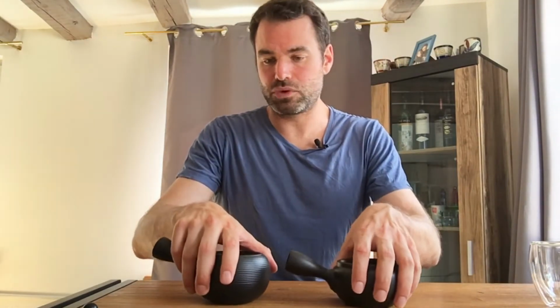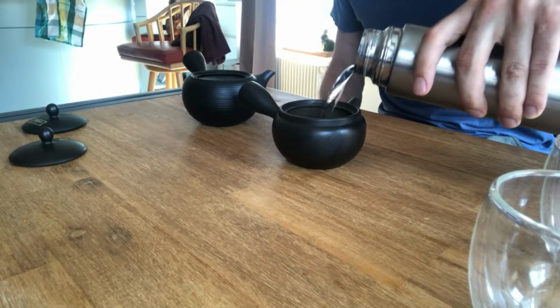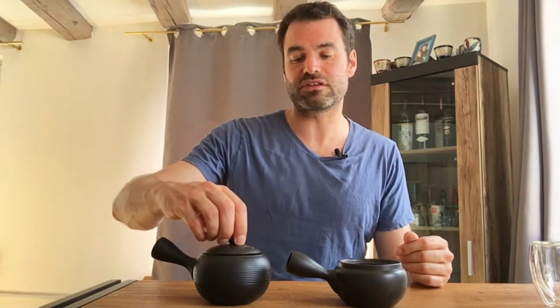So this is a Fuka Mushi, as you might have seen before when I was showing you the leaves. The leaves are a little bit more brittle. This is due to the long steaming process of the Fuka Mushi, or deep steaming, as they call it in English. It's a prolonged steaming method, but it's not a very big difference between the normal steaming and the deep steaming. With deep steaming we talk about double the time, for example 60 seconds versus 30 seconds, or around 1.5 minutes maximum versus maybe 45 seconds. So it's not a huge difference, but still